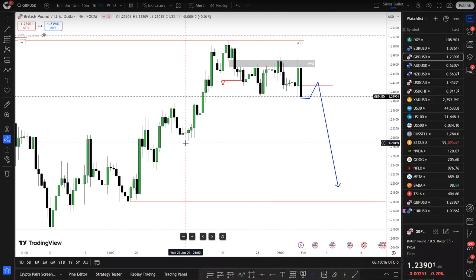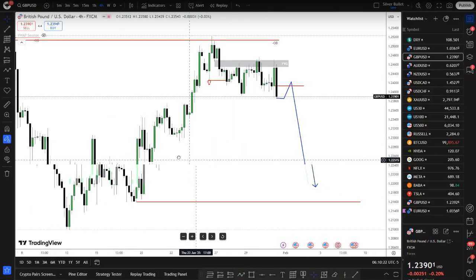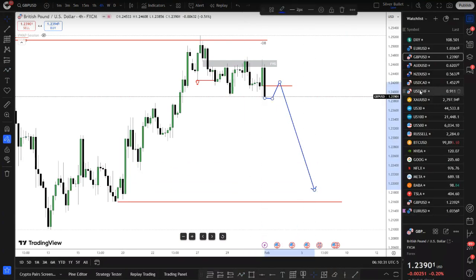For those of you who are trading the market maker models, we obviously have the buy side of the curve here, and you're looking to trade the sell side of the curve. In this case, a market maker sell model. However, I don't use it at all, but that's something you can also take advantage of. So let's go up into gold.